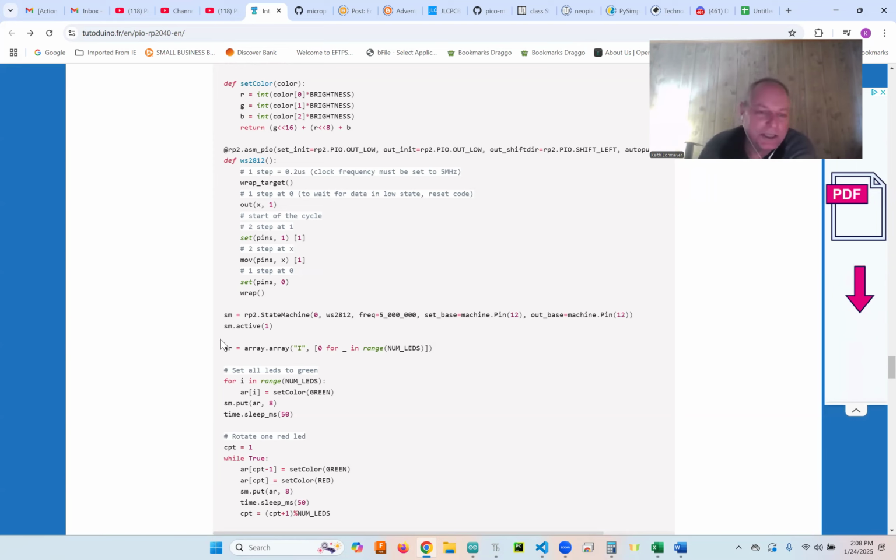And you can see here, this is the code that I had found, and I think it's exactly the same code that's in the example code. They import this array module and then they create an array.array. The I tells it that they're all going to be unsigned 32-bit numbers. And then it just creates